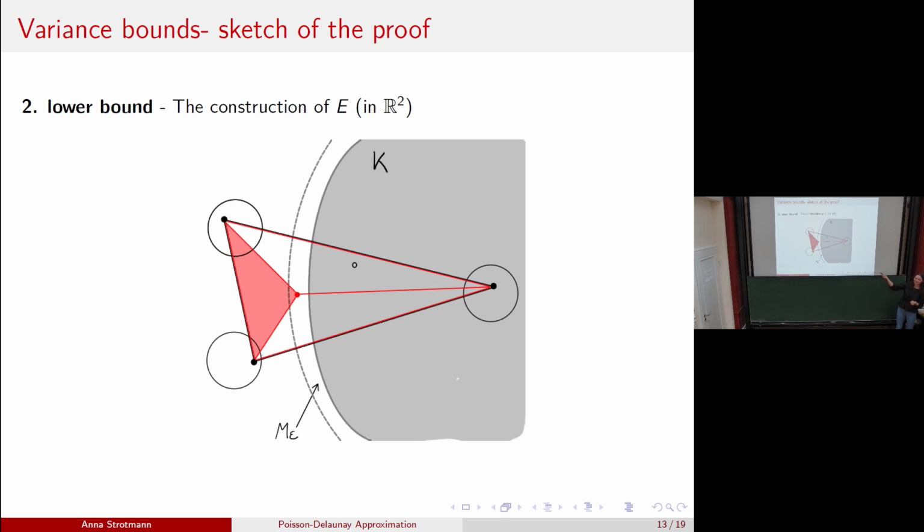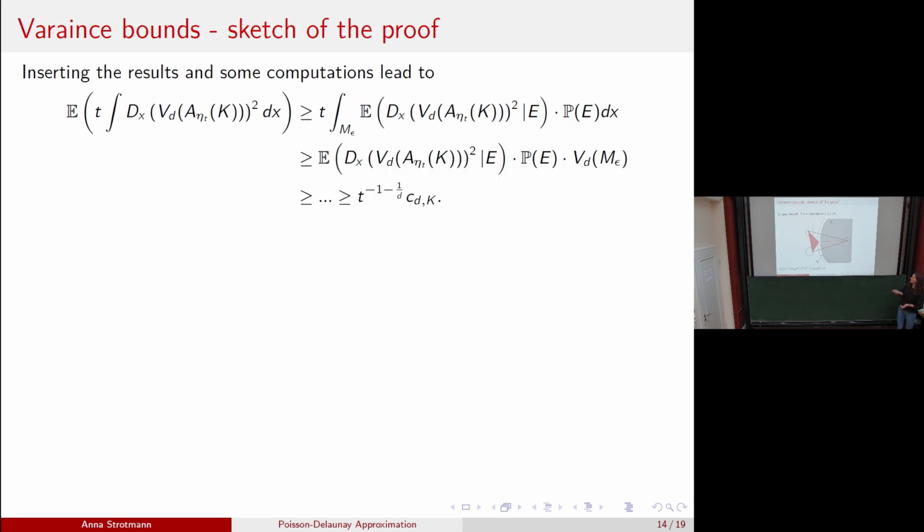At least decreases by the volume of this red cell. So we can approximate the expectation under the condition that our situation we have constructed is true. The expectation can be bounded from below by the square of the volume of this red colored cell. Okay, then we only have to insert our results, and what's still missing is the probability that the situation E